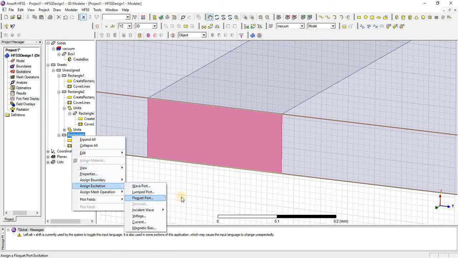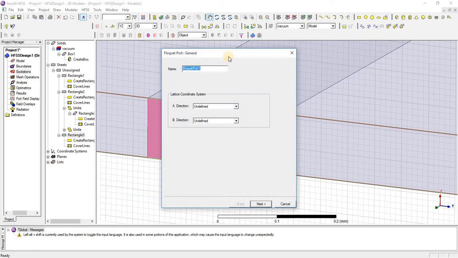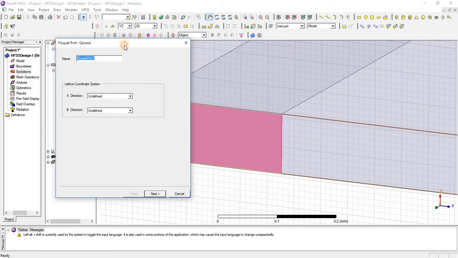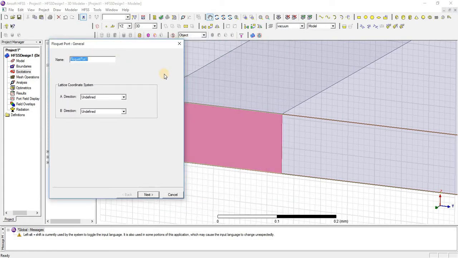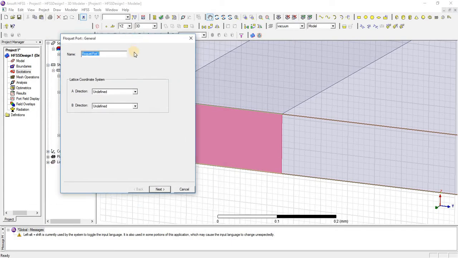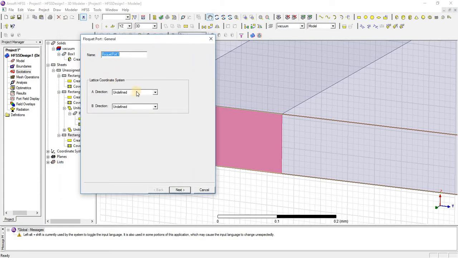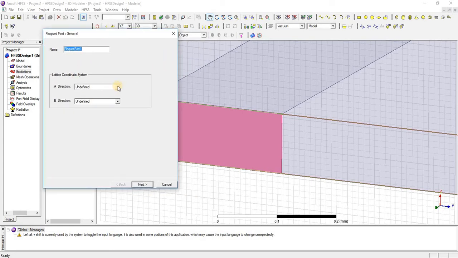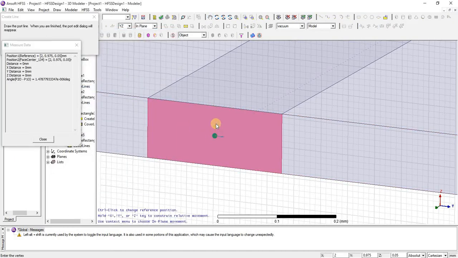Like this port. In this port we have to define two different directions for TE and TM. If we are working with TE and TM modes, we will define two different directions. The directions must create some angle between them.